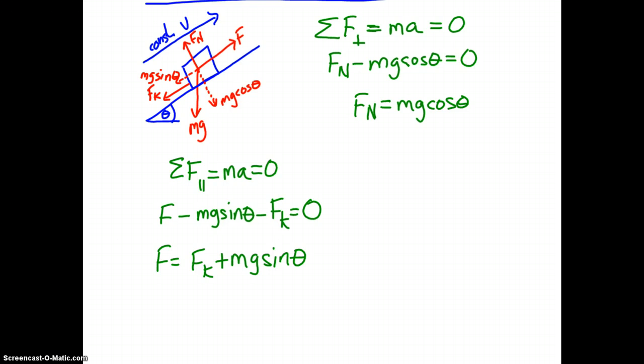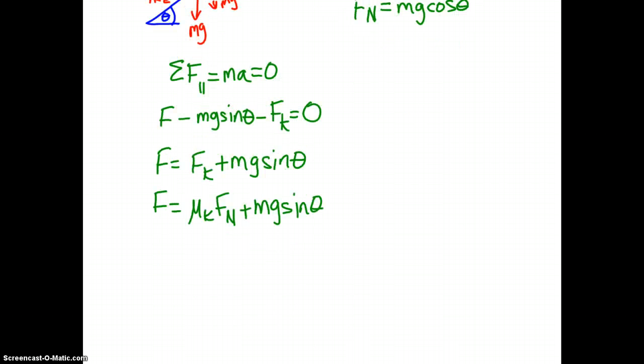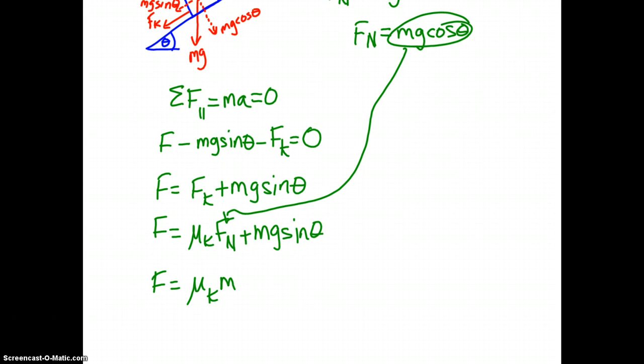And now what we're going to do is substitute in the equation for friction. F equals, sorry about that, mu k Fn plus mg sine theta. And now once again we're going to take our value of the normal force and sub it in here and clean this up. Mu k mg cosine theta plus